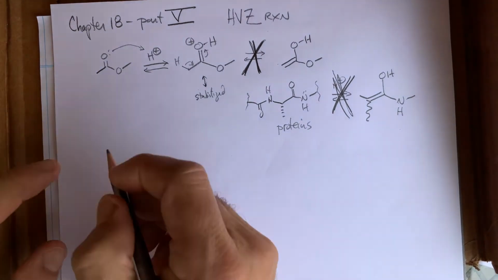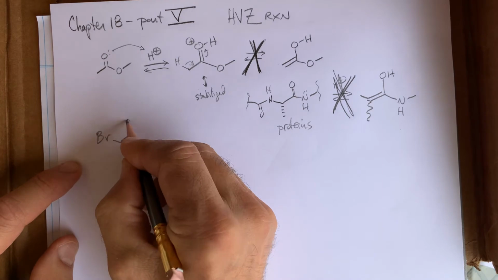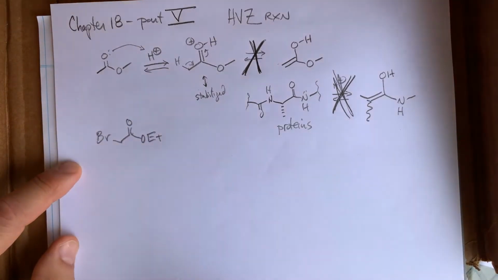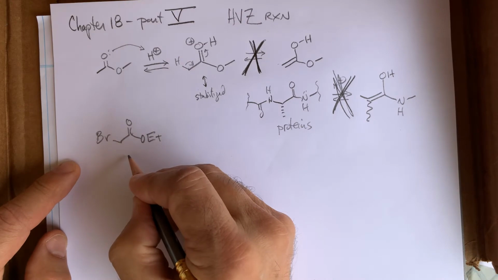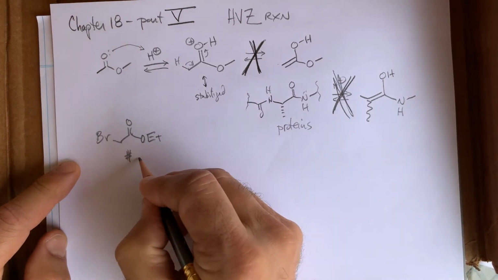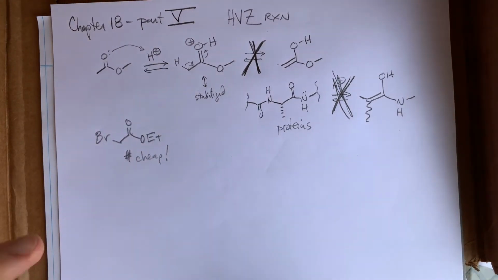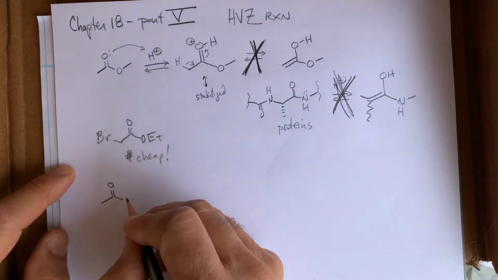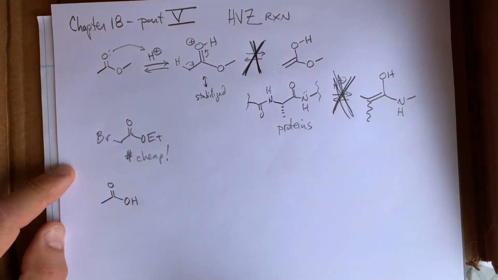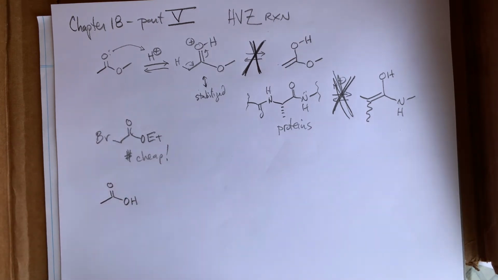So the question is, if you really wanted to make something like ethyl bromoacetate, how do you do that? How do you make bromoacetic acid? This is cheap. It's cheap because it's easy to make. You start with acetic acid, and even though you can't enolize this directly, you have to turn it into a surrogate of a carboxylic acid that can enolize. And what's the most reactive